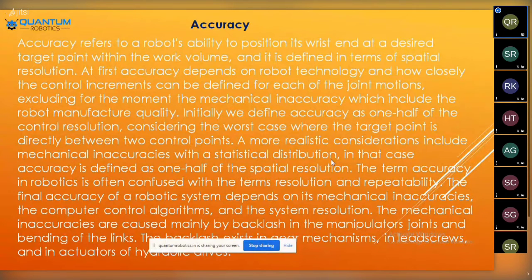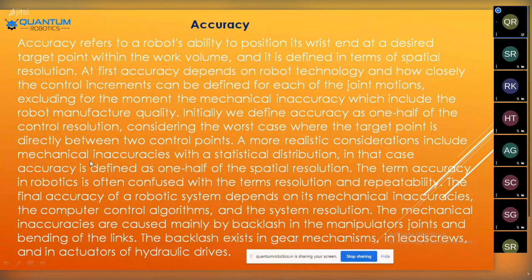In that case, accuracy is defined as one half of the spatial resolution. Here you use the spatial resolution for this accuracy. The accuracy of a robot is defined as one half of the spatial resolution. The term accuracy in a robot is often confused with the terms resolution and repeatability. The final accuracy of a robot system depends on its mechanical